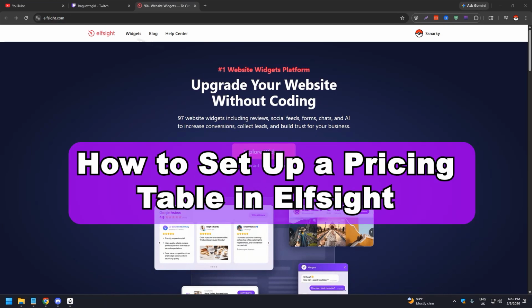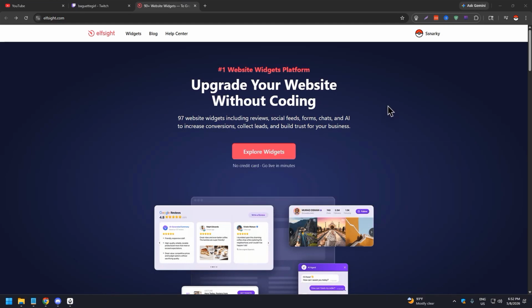In this video, we are going to show you how to set up a pricing table in Elfsight. If you want to set up a pricing table to add to your website, it's quite simple. Once you log into your Elfsight account, you want to go to the top corner, where the Elfsight